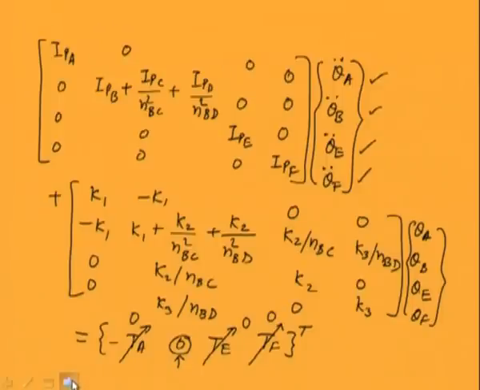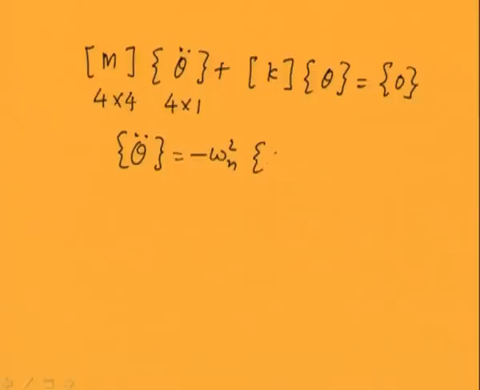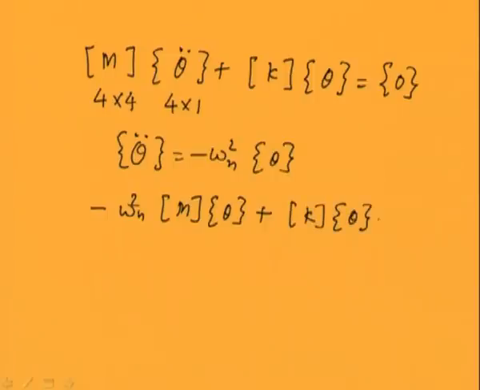Now we can write the previous equation in this particular standard form. And the right hand side terms are 0. The size of this matrix is 4 by 4 into 4 by 1. Now for simple harmonic motion, we can write this as, so the equation becomes, and from here if we take the determinant of this quantity